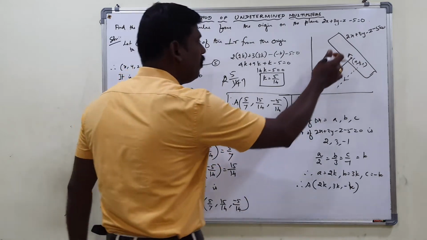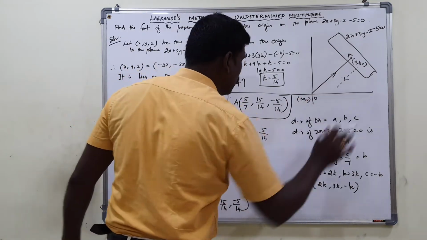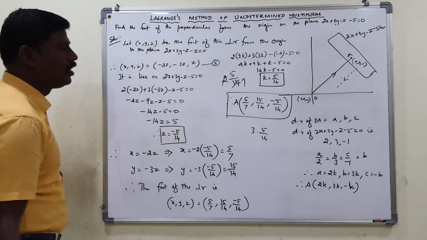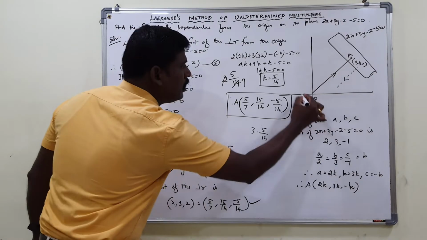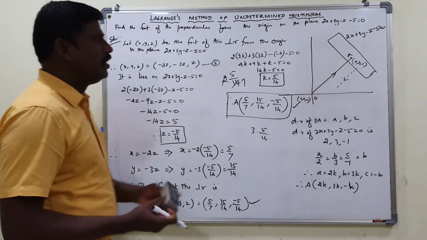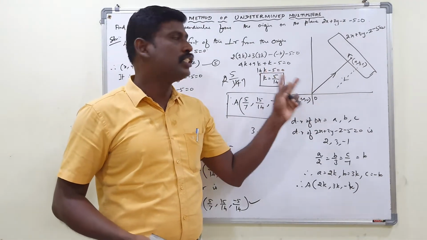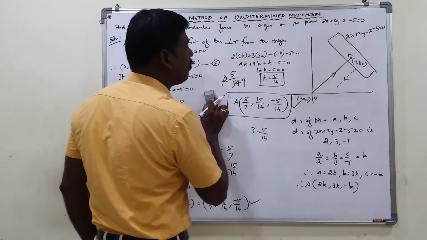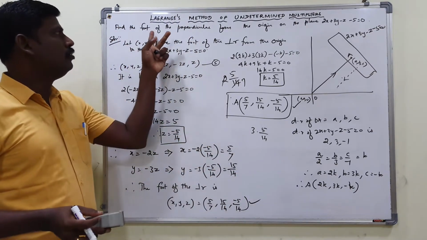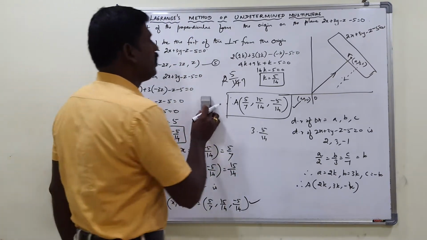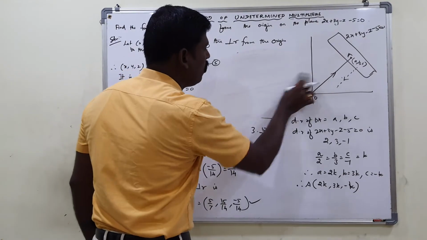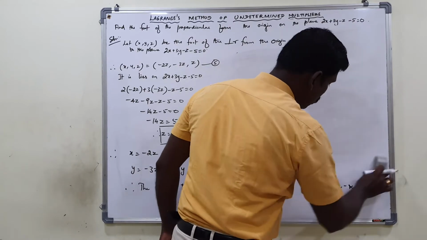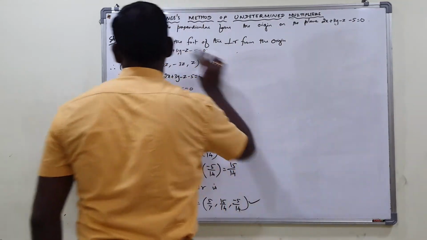So I found the same one through the analytical geometry method, but here I find it through the Lagrange method of multipliers. So the answer will be the same for both procedures, but this procedure is not necessary for you, just know about it. This is not for your examination point of view. In your examination, you just go through the Lagrange multiplier method, you have to follow that. Just know this method, another method to find the foot of the perpendicular. That's all. Next one.